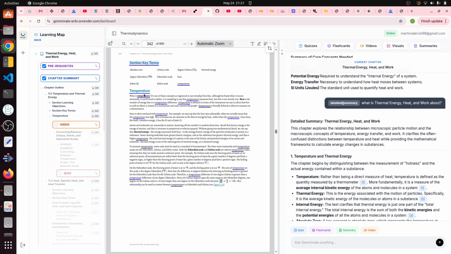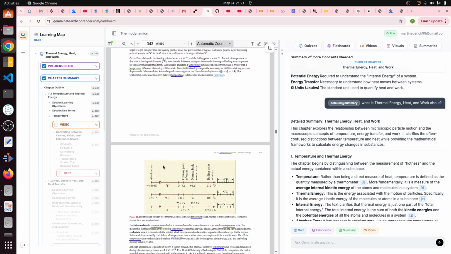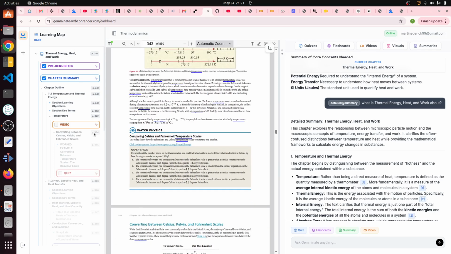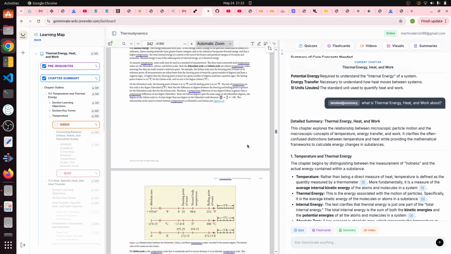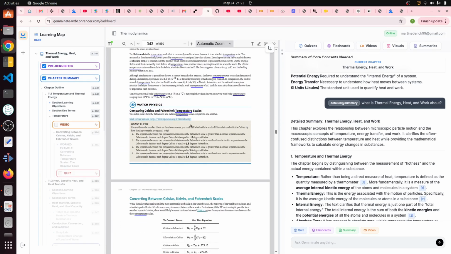So here I am. When I read until I get to this point, I would have to stop because the next is converting between Celsius. So converting. Okay, so this is the next part actually. So I have to read all this part, and then once I'm done with reading this,